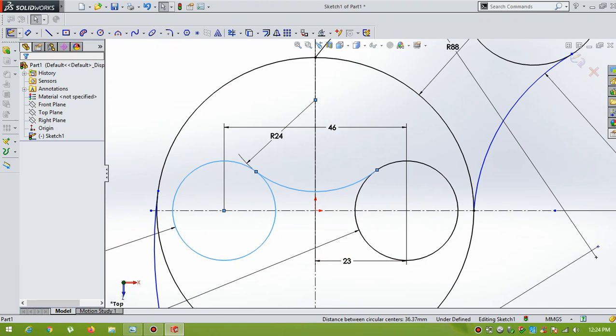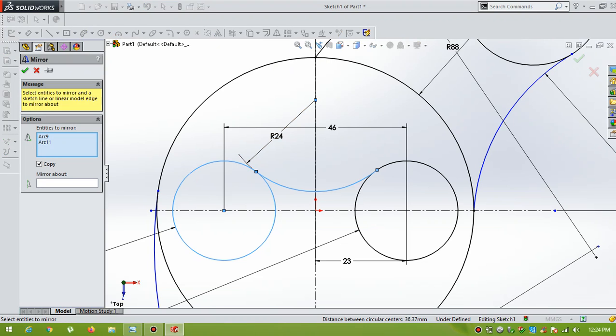By using the mirror command, you can mirror the arc on the other side. Select Mirror Entities, select the arc, mirror about the line.